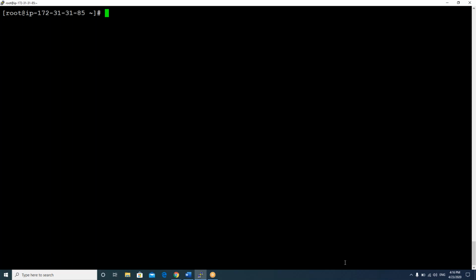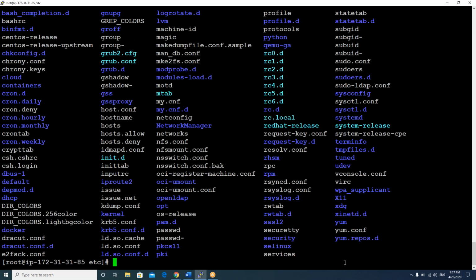Can you do ls? Okay, here there are only two files, right? Can you do one thing? Can you go to etc? Because in etc we have lots of folders, right? So if you have only two files, no, cd /etc. cd space /etc, enter. So guys, one more example I am showing.